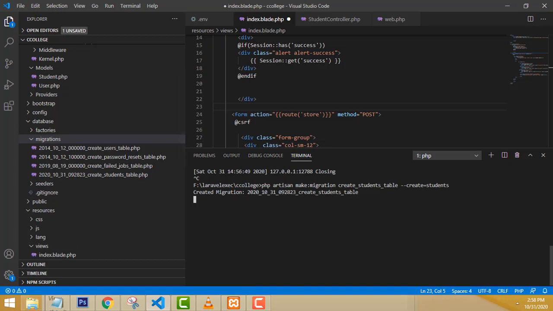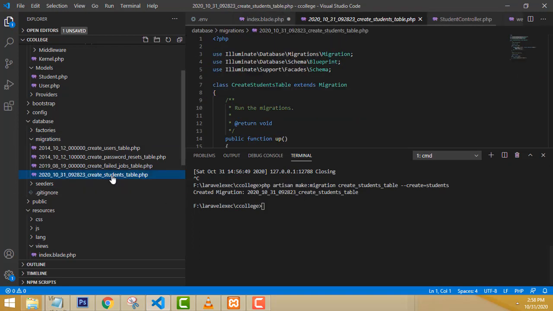Inside your database, your table should be created, your table is migrated successfully. This is an empty table, press enter, click on this one, here is the simple empty one.